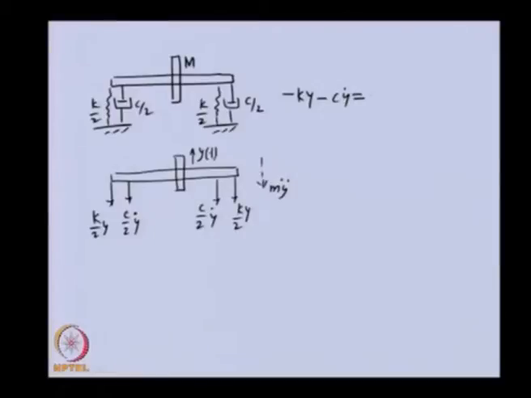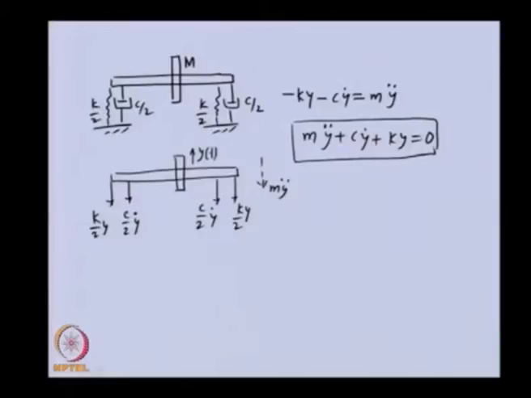So, the external force due to unbalance is 0, which should be equal to the inertia term. So, basically this equation is like this. This is a very popular equation of motion of a spring mass damper system, and